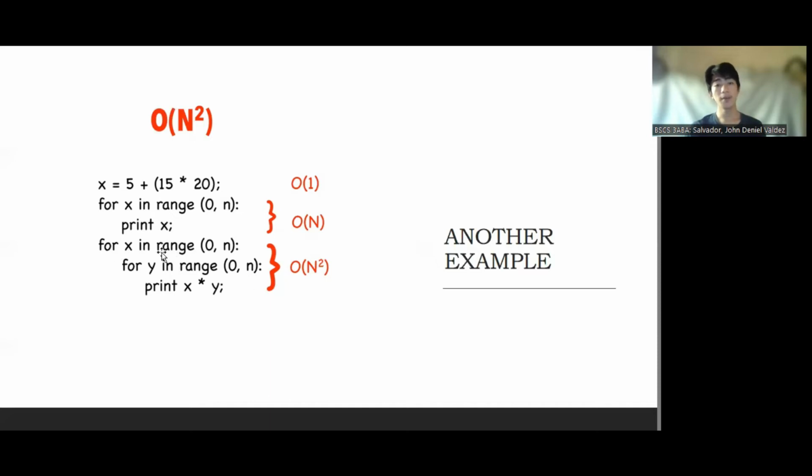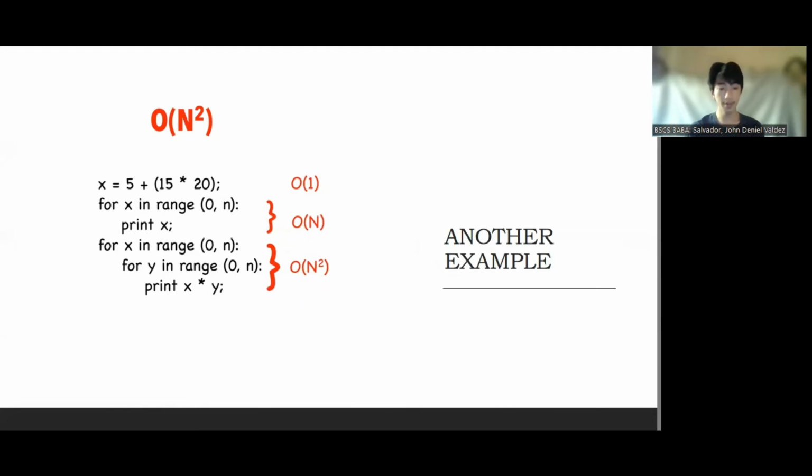Ito naman, sa baba is nested for loop. So it will print x times y with the number of times. At i-execute nyo yung for loop na yun with the number of time din. So pag pinagsama-sama natin yan, ang total time nila is big O of 1 plus big O of n plus big O of n squared. So, kukunin natin yung worst case scenario kaya ang time complexity ng code block na to is big O